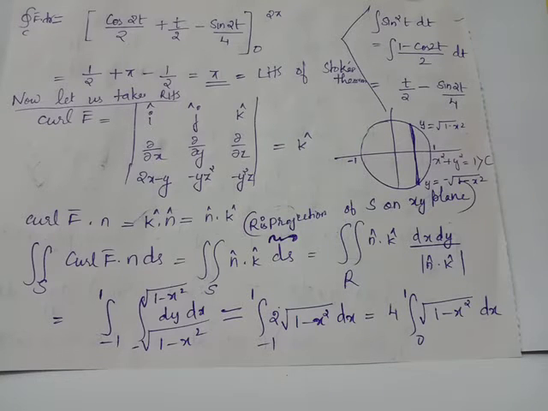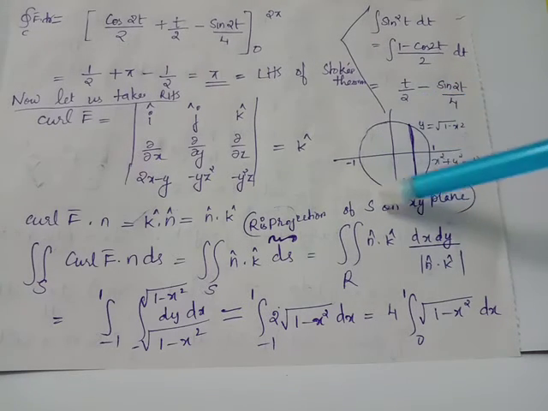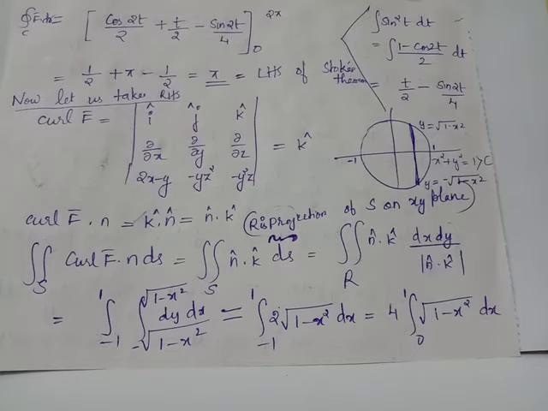In order to evaluate the surface integral, let us think about projecting the surface S onto the xy plane, that is, projecting the sphere onto the xy plane. We have already seen that the projection of S on the xy plane will be a unit circle whose equation is x² plus y² equals 1. Whenever you project surface S on the xy plane, the element ds can be replaced by dx dy upon n dot k. Therefore, this expression reduces to the double integral over C of dx dy.